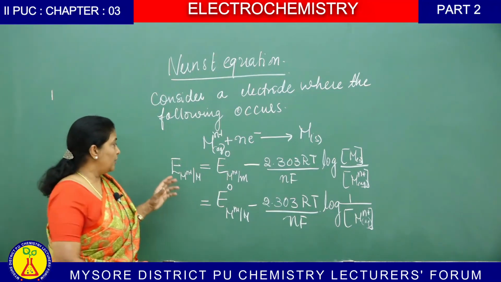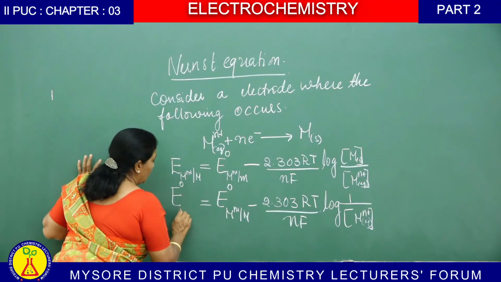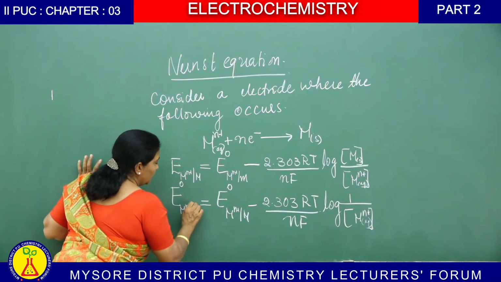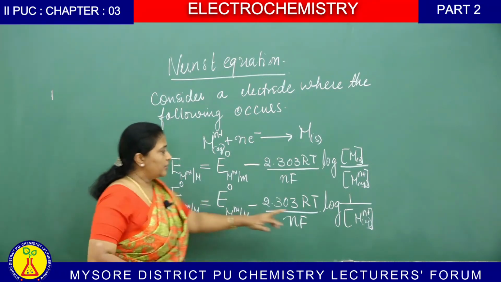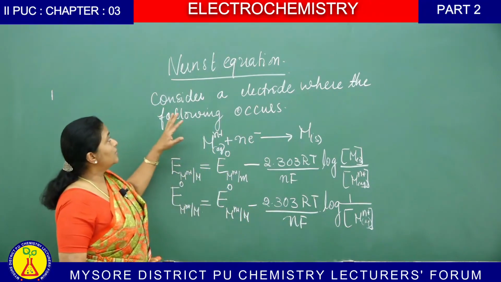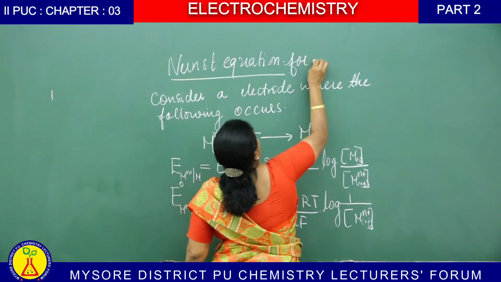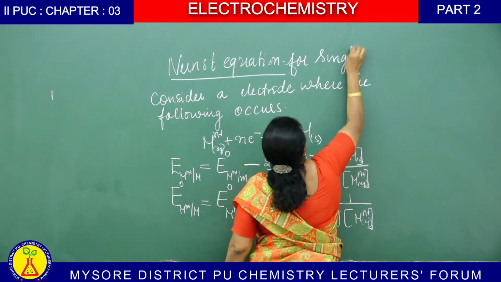Therefore, this equation relates the electrode potential of the metal electrode with the concentration of the metal ions. Therefore, this is the Nernst equation for a single electrode,